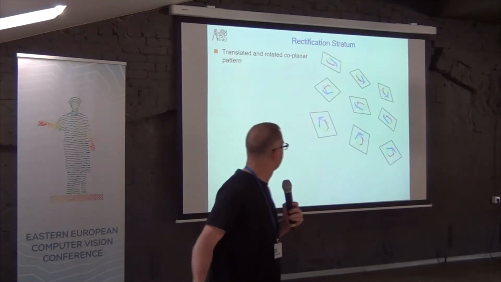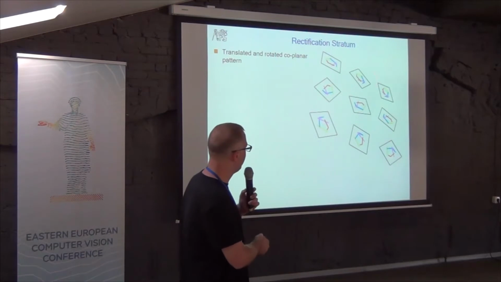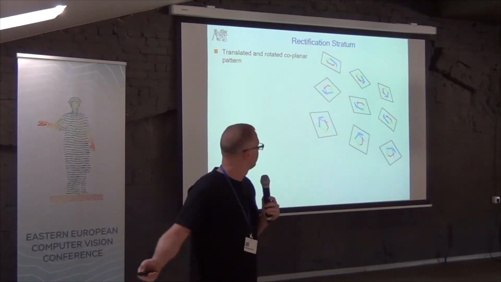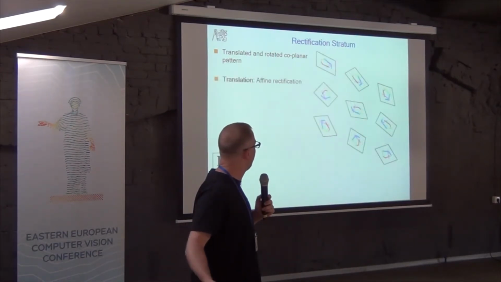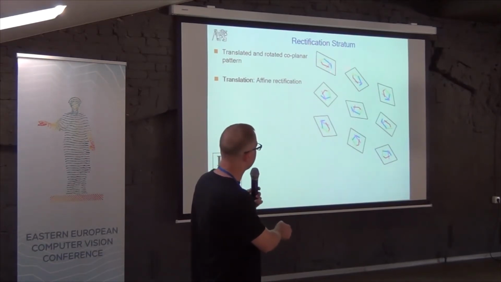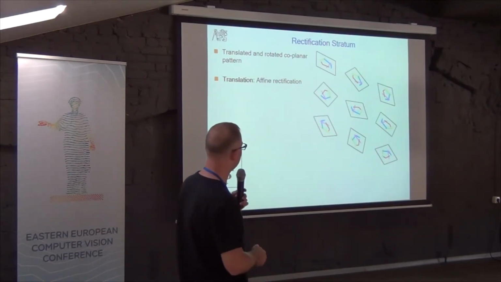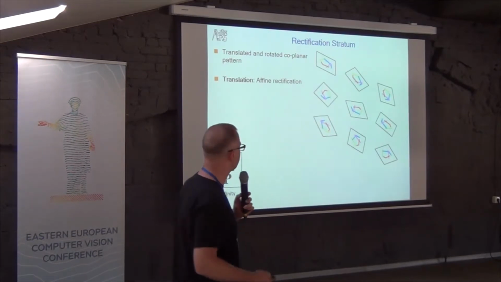Oh, I keep doing that. So how does it work? Here's an overview of what we just talked about. Here is the original image pattern. We upgrade it through affine rectification, and we notice that these guys are rotated. Say these red guys and the blue guys are undergoing some rotation as well. So we use our metric upgrade for rotations,